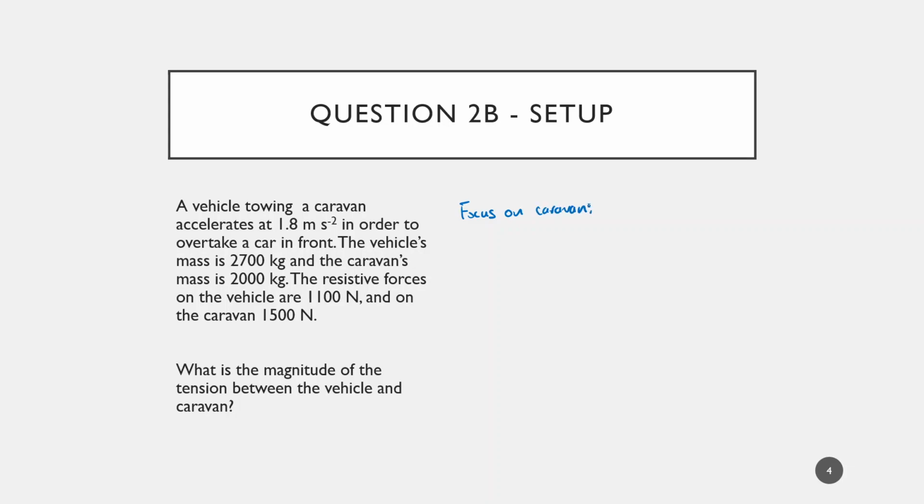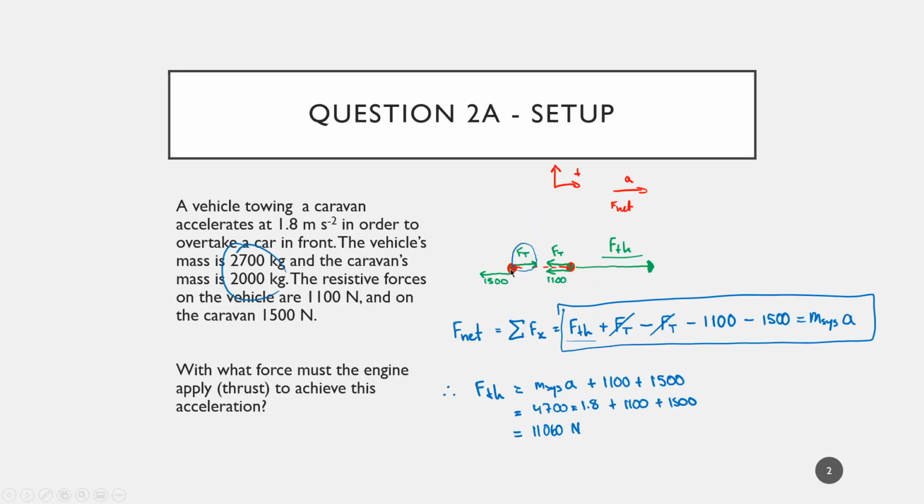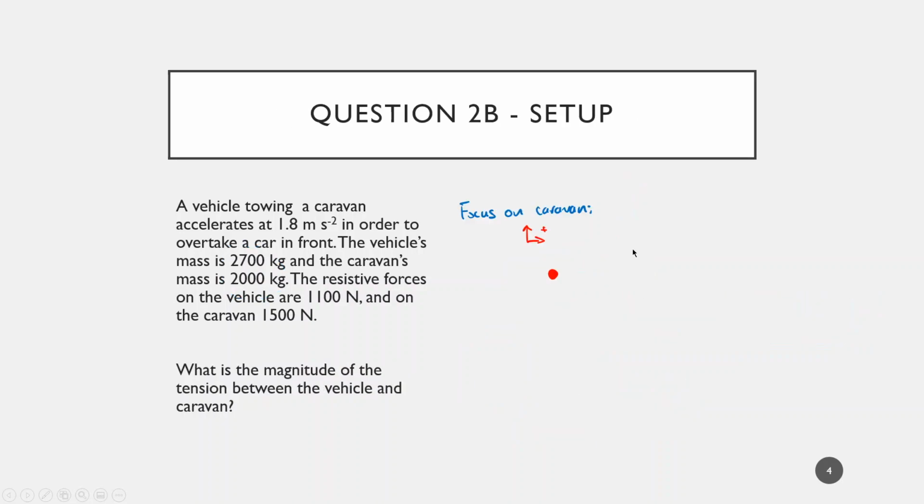Okay, let's draw a diagram of what's going on with the caravan. Again, we're assuming that to the right is positive. What forces are acting on this caravan? Well, if you go back to the original picture, there is a tension force. Remember we're just focusing on the caravan now. Ignore everything else. There is a tension force. We can't ignore that, because we're not focusing on what's going on in the car. There's nothing that this tension force can cancel out with if we're just focusing on the caravan. There's also that resistive force. I'll make that arrow a bit smaller,